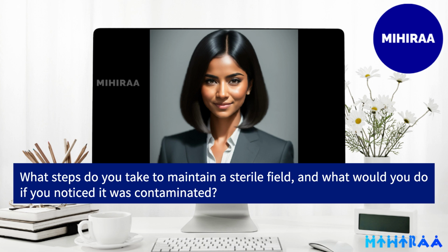to unseen contamination. Additionally, I'm always mindful of air currents and avoid talking, coughing, or sneezing over the field. All items introduced into the field are checked for package integrity, expiration dates, and any signs of moisture before they are opened and presented. If I were to notice that a sterile field has been compromised, my immediate response would